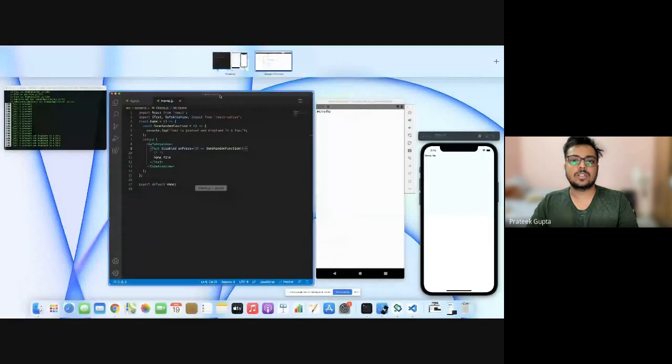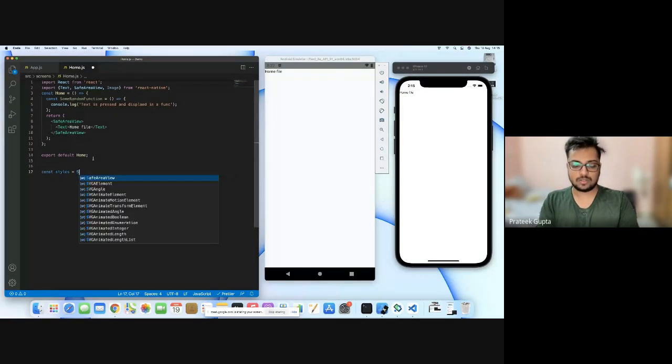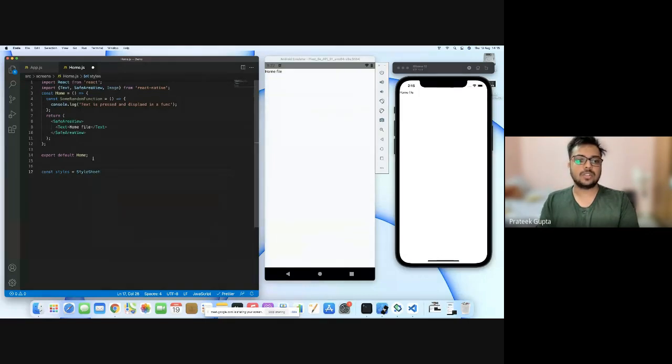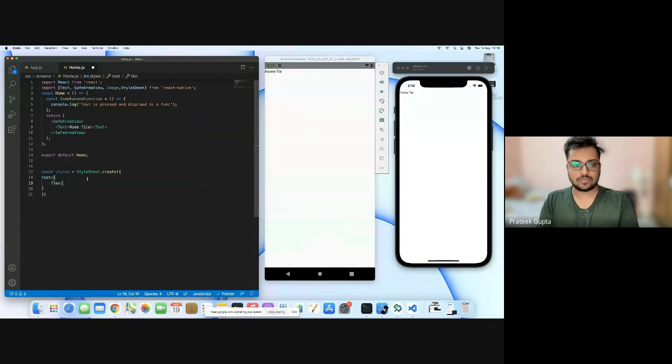Now we'll style this text component we have. I'll remove all these things. We create one style object: const styles equal to StyleSheet. The StyleSheet object we will create, and we will import StyleSheet from React Native. Let's create one style, root, and we'll give flex 1. And we'll pass the style to